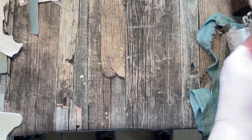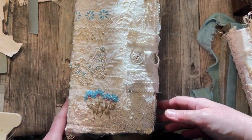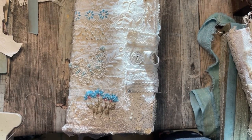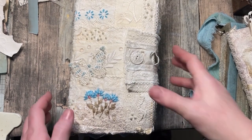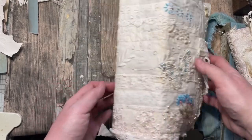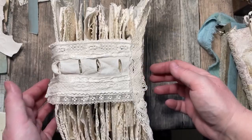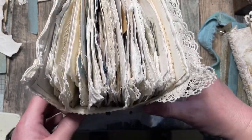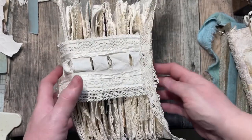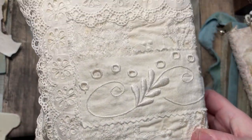And then I have a really big one that I love. I can see now the sun is shining. I will go and just pull down the curtain. So now I think it's better, you can have the real light instead of the sun. So this is a really big one that I made a couple of years ago with all my old antique laces and embroidery,